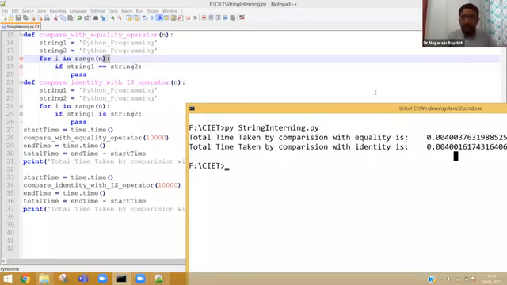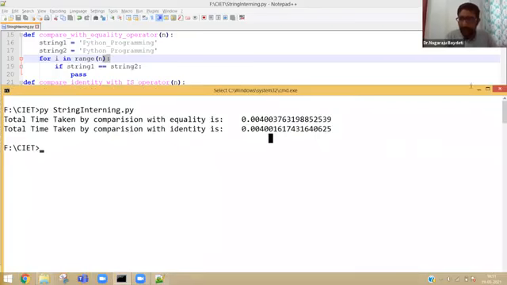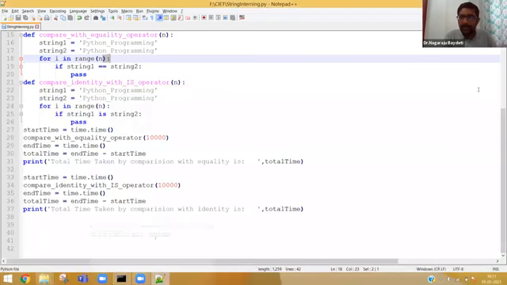So with this, a short brief about the topic we left yesterday. I hope everybody is convinced, and I think Kiran sir and Sujit sir have shared the document about string interning with us. So you can read more and learn more about it.